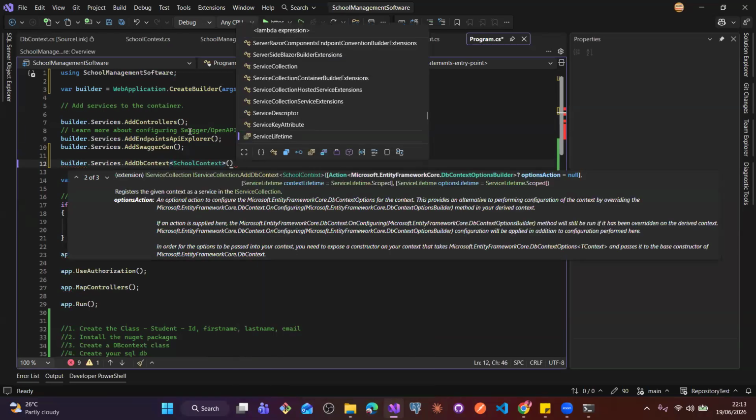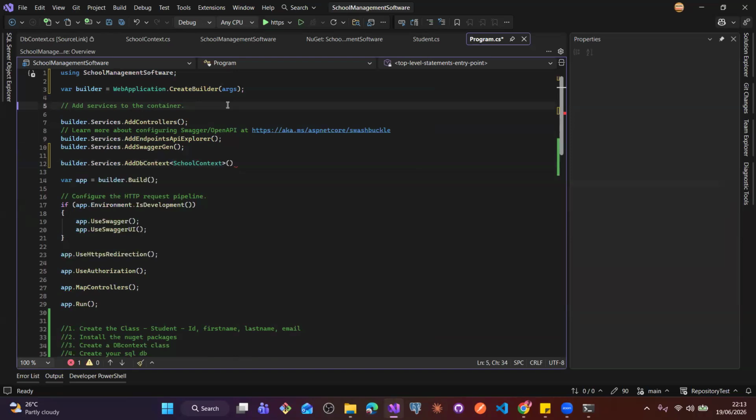Then you need to pass in the options, your database options. You remember I explained that the database options contain your database configuration. So whenever you run your program, this line of code is actually going to go